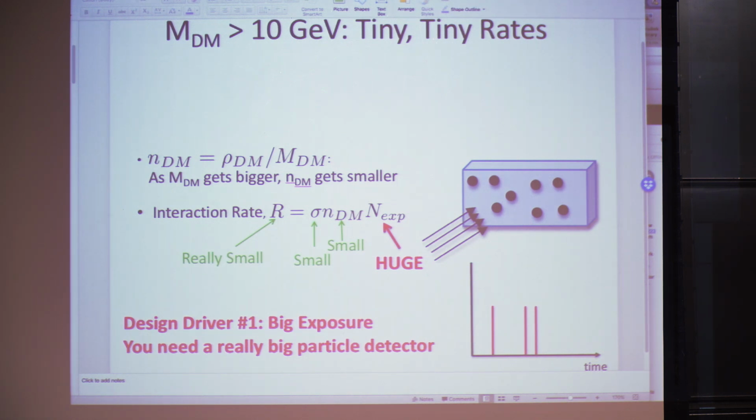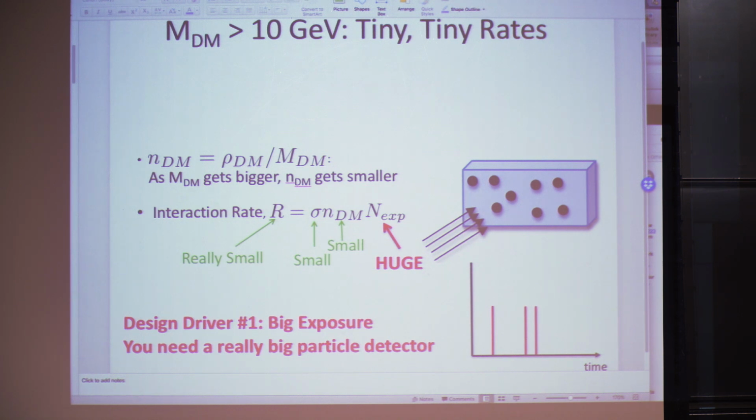And now we have this interaction rate, which is going to be the cross-section times the number density times the number of targets in your experiment. And that's going to be the reaction rate. So your cross-section is small because it's dark matter. We call it dark because it doesn't interact via all the forces we know. This is going to be tiny. If your number density is small, then your experiment has to be huge. So the very first thing we know is that the bigger in mass we go, the bigger your experiment has